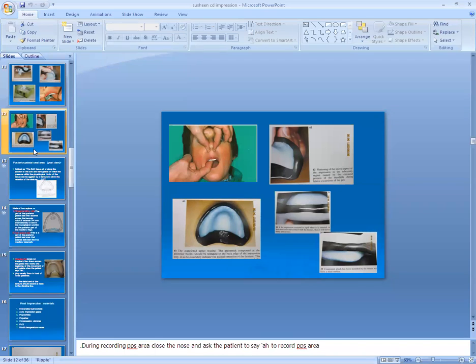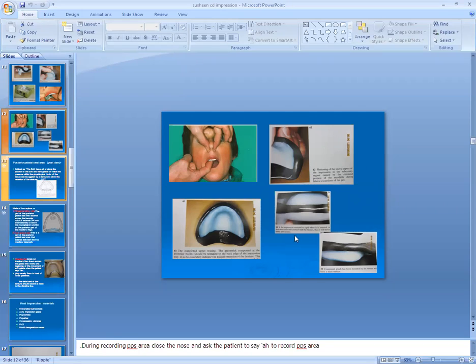Why? Because the soft palatal muscle should be in its functional position. So bend the head anteriorly to the 30-degree downward position and do the movement by saying "ah, ah, ah," vigorous and non-vigorous. So that will record the posterior palatal seal area.